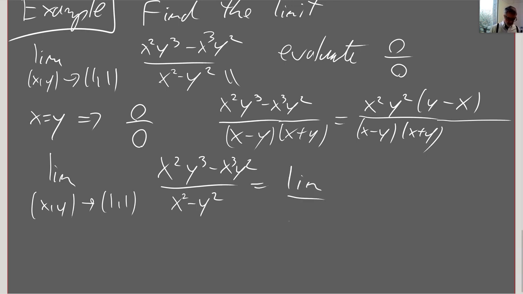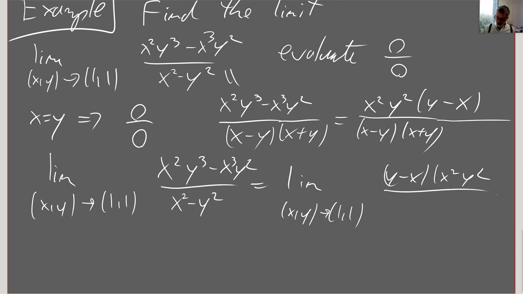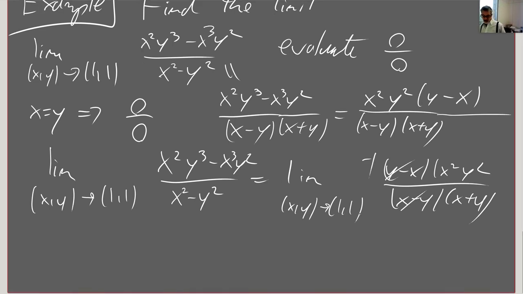We can factor both. This is a common thing you do when you evaluate limits, right? You want to factor them. Right, so we get, well, they can be negative of each other, but that's okay. We're going to have y minus x squared, y squared, x minus y, x plus y, right? These guys are going to cancel, give me a minus 1, as long as I'm not evaluating where x equals y. So this is going to equal